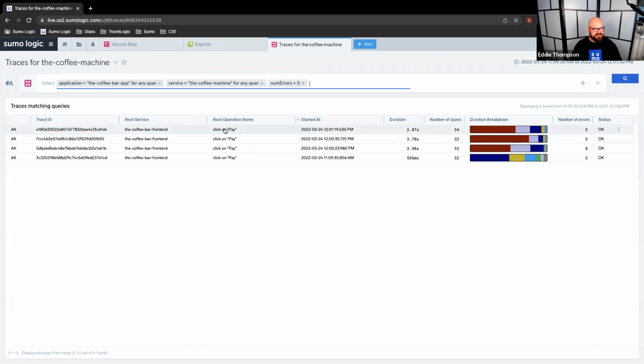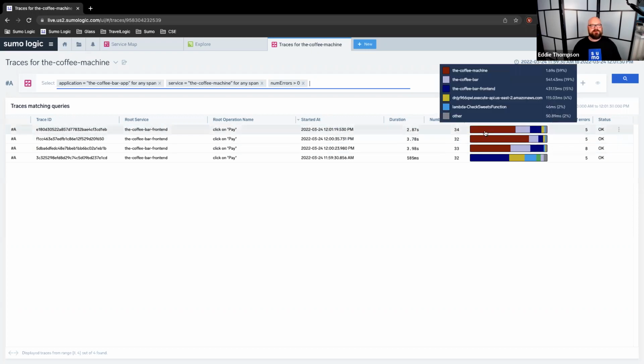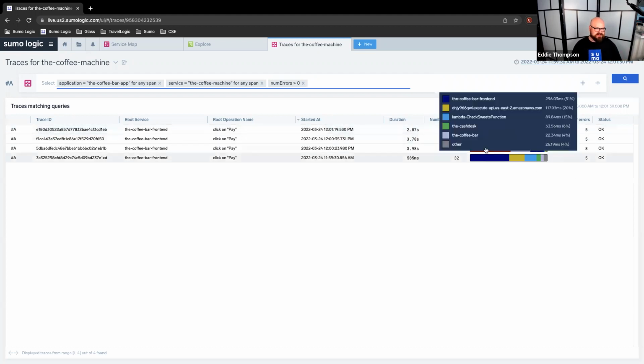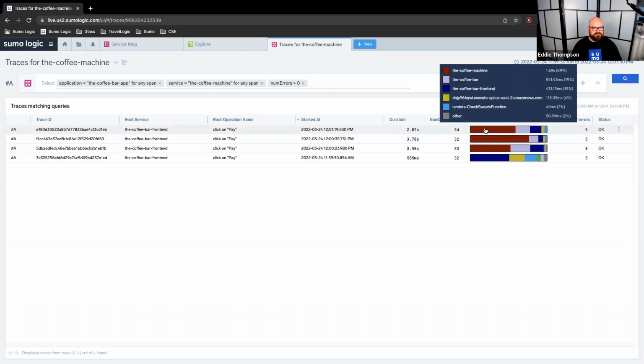And I can see here it says click on pay, when it started, total duration, the number of spans, and importantly here, the duration breakdown. So this is actually showing me the contribution to the total critical path from each of the services, number of errors, and the overall status. So if I want to click on the top one here,